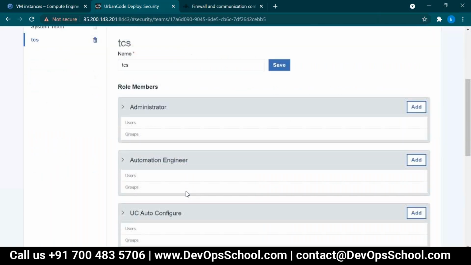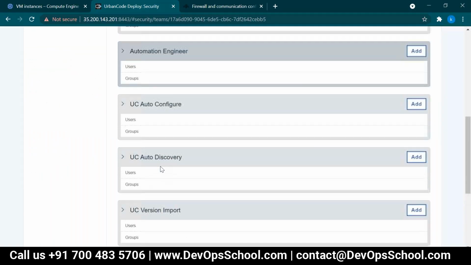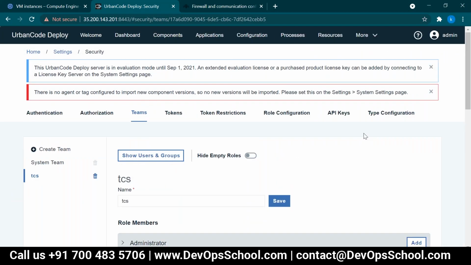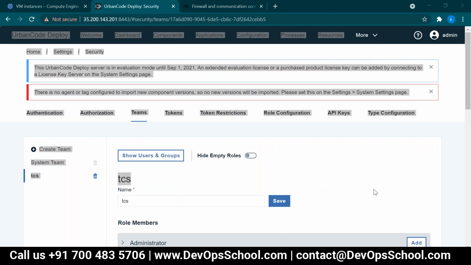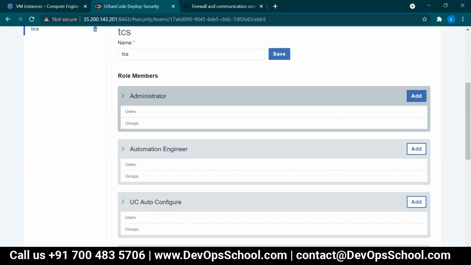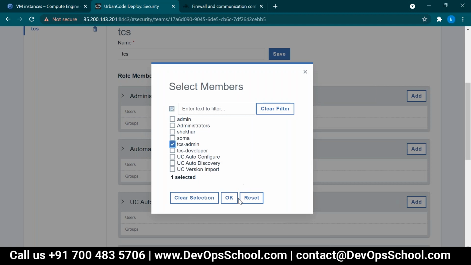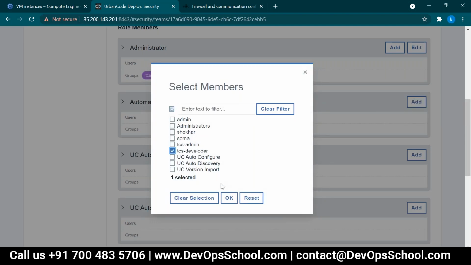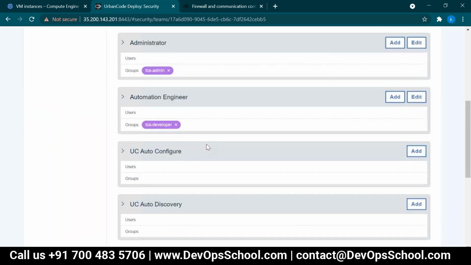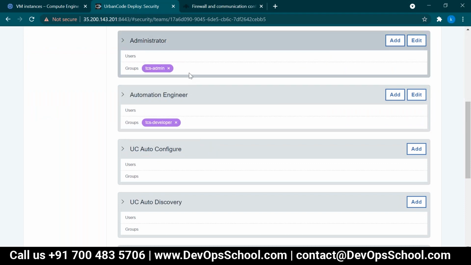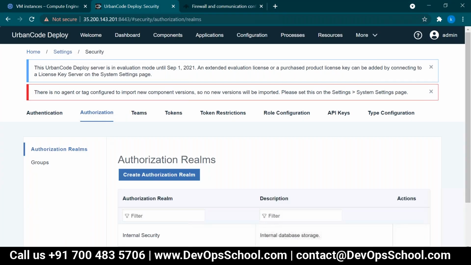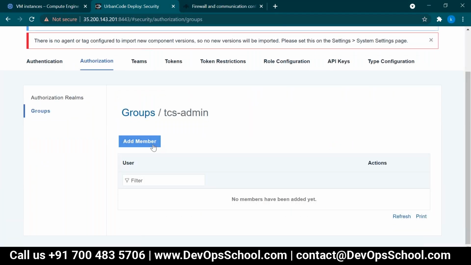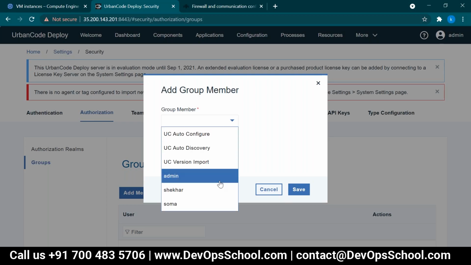Already I showed you role scheme, right? You can create your own roles also. I told you, role configuration. You can go ahead and create. Now I created a group. In that group member, I want to add the TCS admin here. So TCS admin group is added. Developers I can add here. As per your IAM design, your company, 0 members, 0 members. I'll go here, groups, TCS admin group members. Add TCS admin. I'll add Shaker.